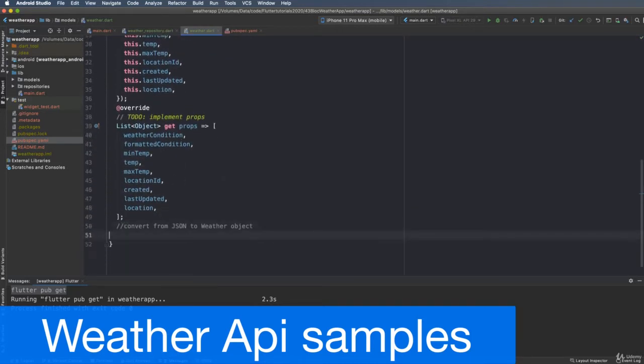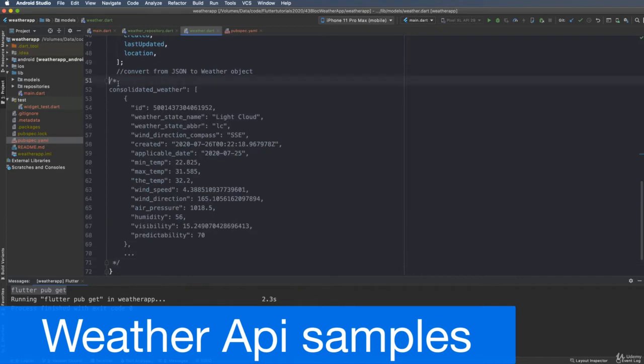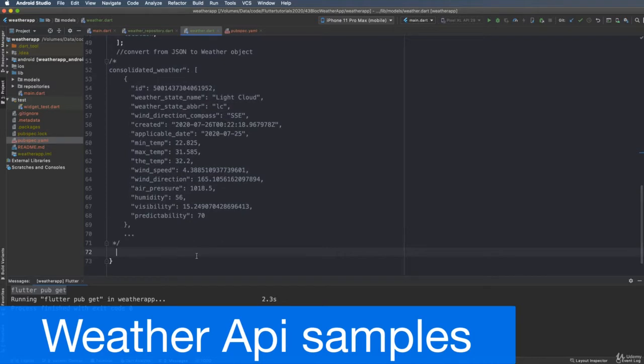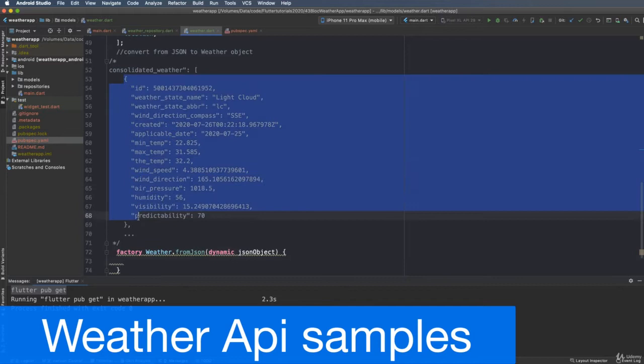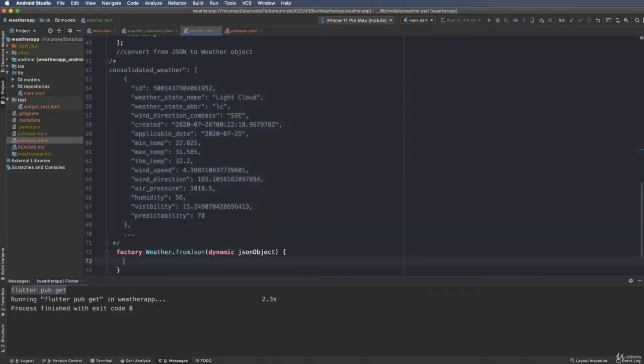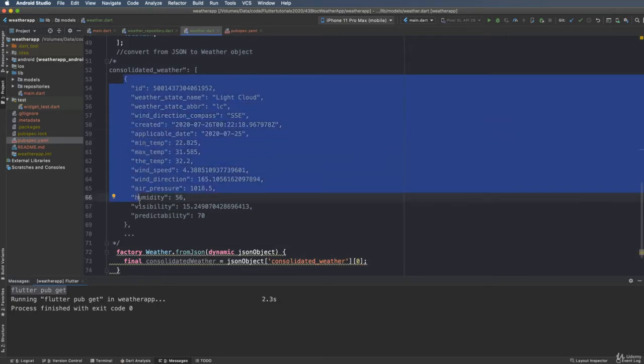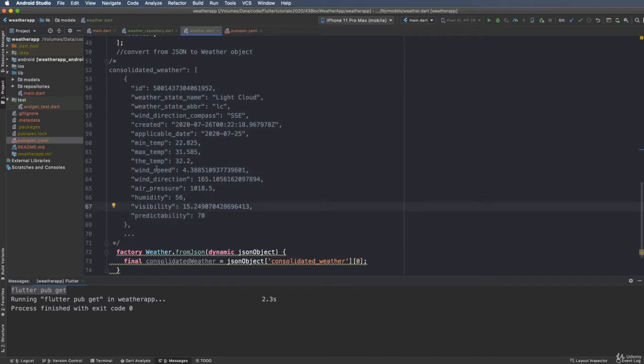Convert from JSON to weather object. You must define a function to convert specific JSON data to an object of weather. So you define a weather factory method. This factory method returns an object of weather. So you get the consolidated weather from the consolidated weather value of this JSON. This will return an array, so you get the first element,